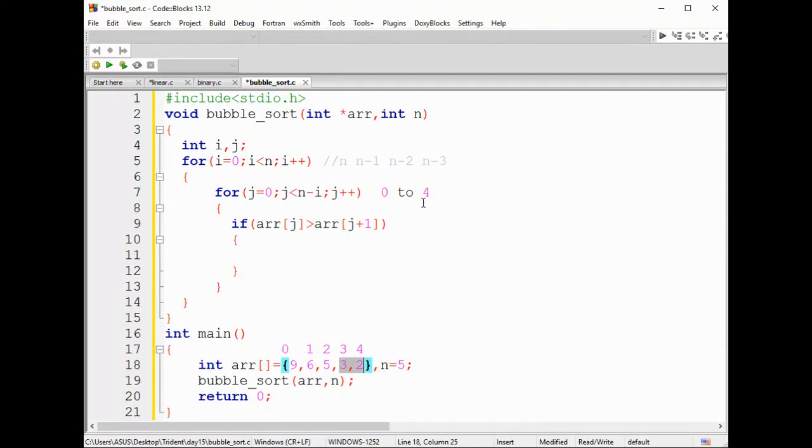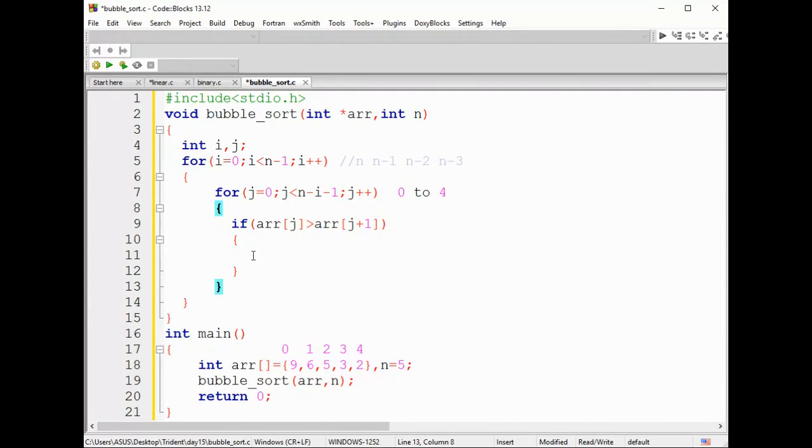But what happened? I'm making my loop go till 4, right? So again, it will take 4 as my j value and it will check for the next value. There is no more value beyond my index value 4. Isn't it? So automatically, it will throw you an error. In order to avoid this, I'm supposed to go only till n minus 1. So my loop will stop here itself. Being at this position, if I check for the next element, one more pair will be there. So it will stop here itself. So if you add minus 1 here, you're supposed to add minus 1 here also.